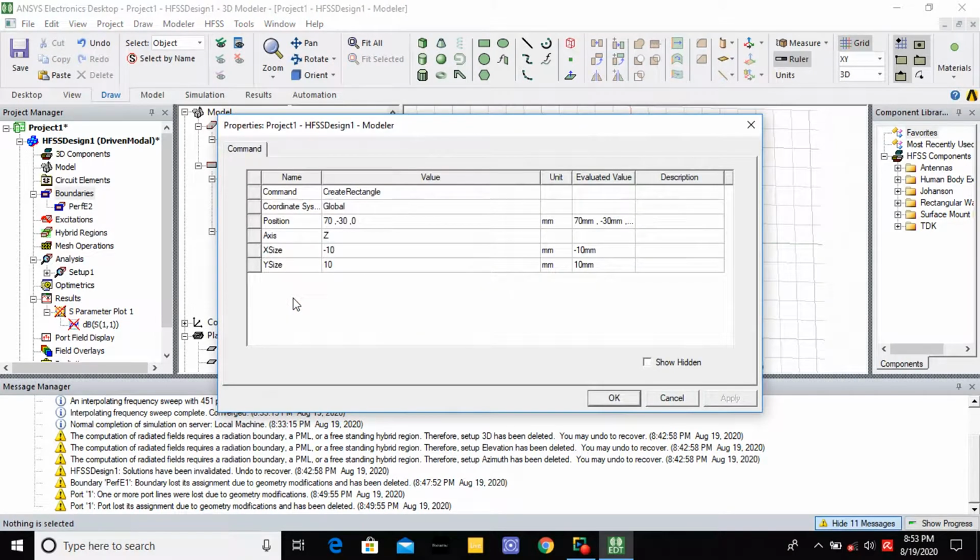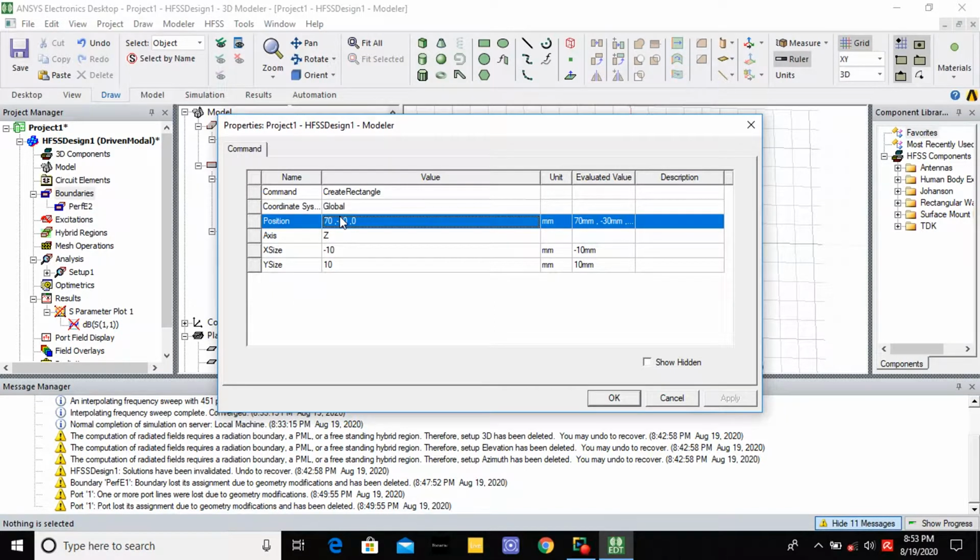Next, we have to give the position, length and width of the quarter wave transformer. Here the width of the quarter wave transformer is 0.3 and the length of the quarter wave transformer is 5.25. Then you have to give the position of the quarter wave transformer.